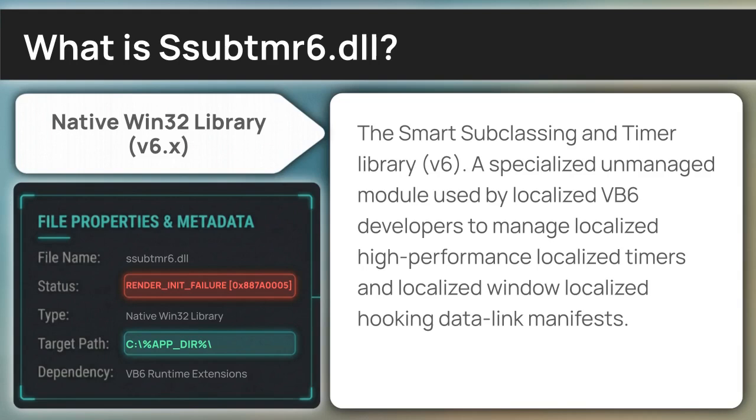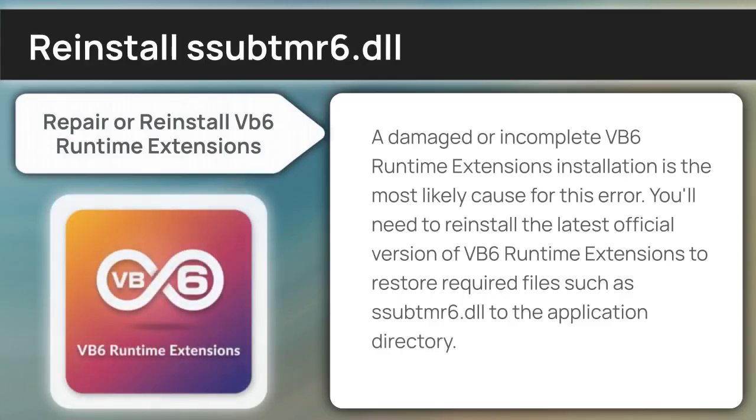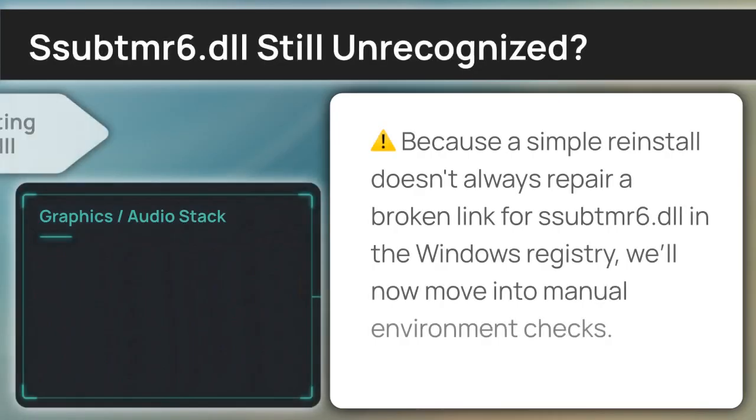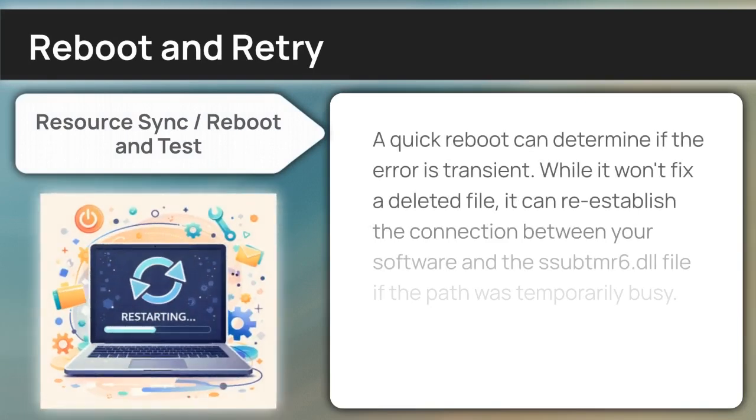Let's transition to the solution, starting with the official Microsoft redistributable. A damaged or incomplete VB6 Runtime Extensions installation is the most likely cause for this error. You'll need to reinstall the latest official version of VB6 Runtime Extensions to restore required files, such as ssubtmr6.dll, to the application directory. In the event the error remains visible, it indicates we need to verify the environment's ability to register new shared resources. A standard restart allows the Windows bootloader to rescan your system directories and potentially recognize an